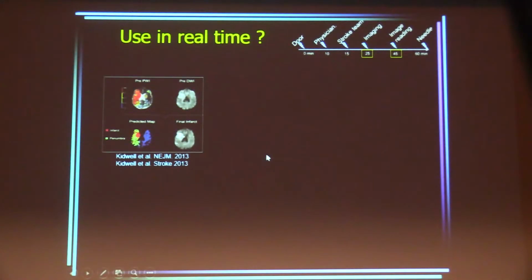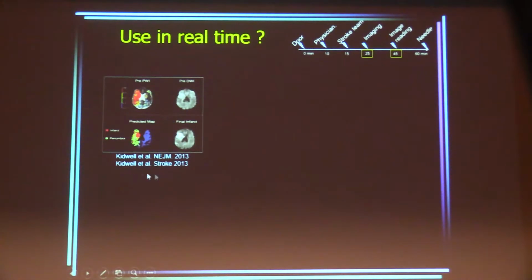So I was telling you that we can measure the mismatch. It looks easy on my slides. So what about in practice and in real time? Remember that we have 20 minutes to perform the exam and then provide the medical report. Of course, if you do it manually and visually, it's impossible to do everything in 20 minutes. So what's available as automated software?